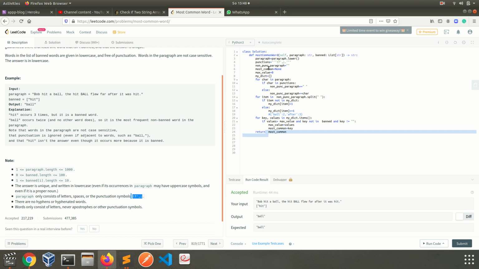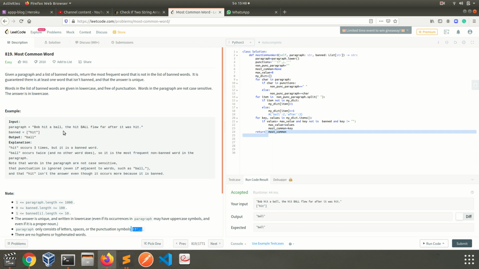After that, the non-punctuation paragraph, because my aim is this: if you look at the paragraph, we have one ball here, one ball here. If I use the Python split function with the space character, we will split this paragraph space by space, for instance, Bob space hits. And if you look, these two balls after normalization are ball comma and ball.